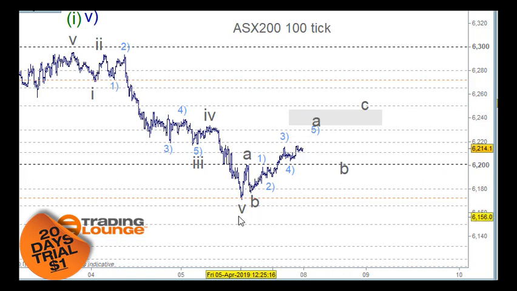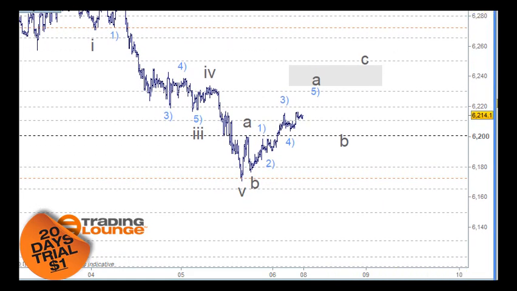So this little rally here, if I looked at it straight up, it would be an A and a B and a C to this point here and fail from here, but it's still quite a small leg compared to this leg here. So having it as an A wave to here and a B wave back and a C wave here, that's important too. So if you're going to short this market, the other thing you could do too is look